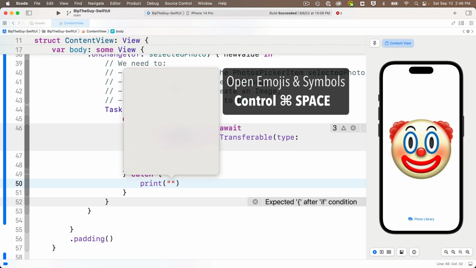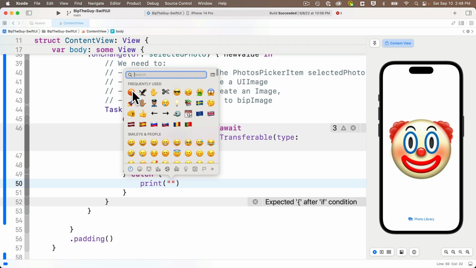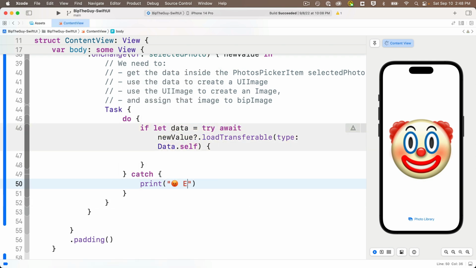So if you type Control Command Space, that brings up this emoji selection dialog box. I have the angry emoji in my frequently used emojis, but feel free to search for whatever emoji you'd like to use. I'm going to click this mad guy. Then for the string, I'm going to enter ERROR in all caps, colon, loading failed, string interpolation, and because this